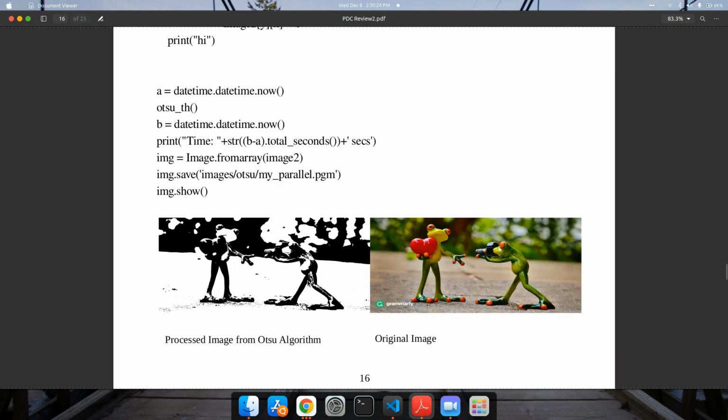After that we've got the image from the Otsu algorithm, with the background data and the foreground image.